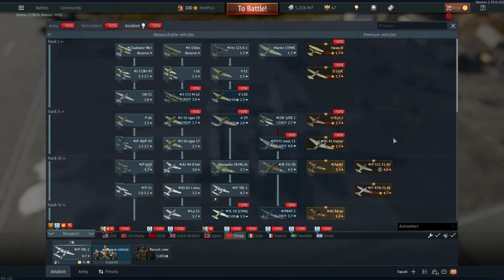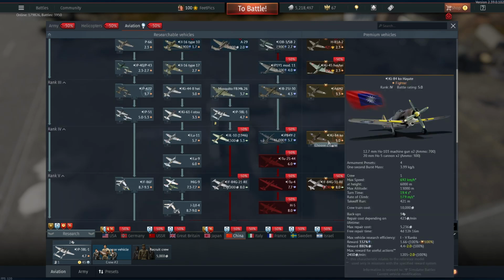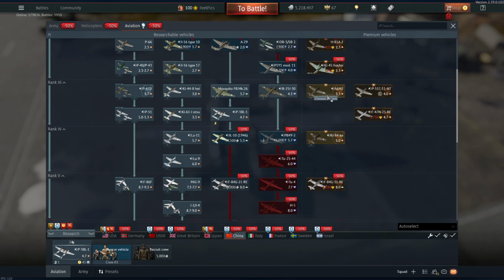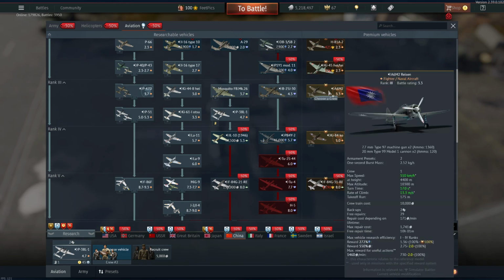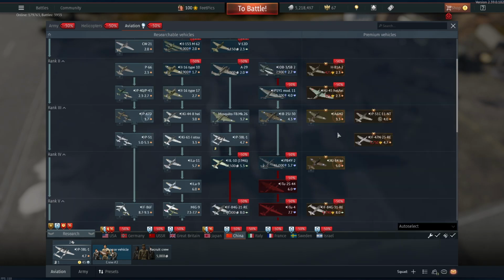Moving through all this other stuff, we go to China. China has the easiest pickup in the game, the Key 84 at 5.0. This thing's busted, disgusting, brain dead. A6M2 does A6M2 things. If you like A6Ms, it's good. It does kind of the opposite of what the Key 61 does for the American tree, or it does for the,